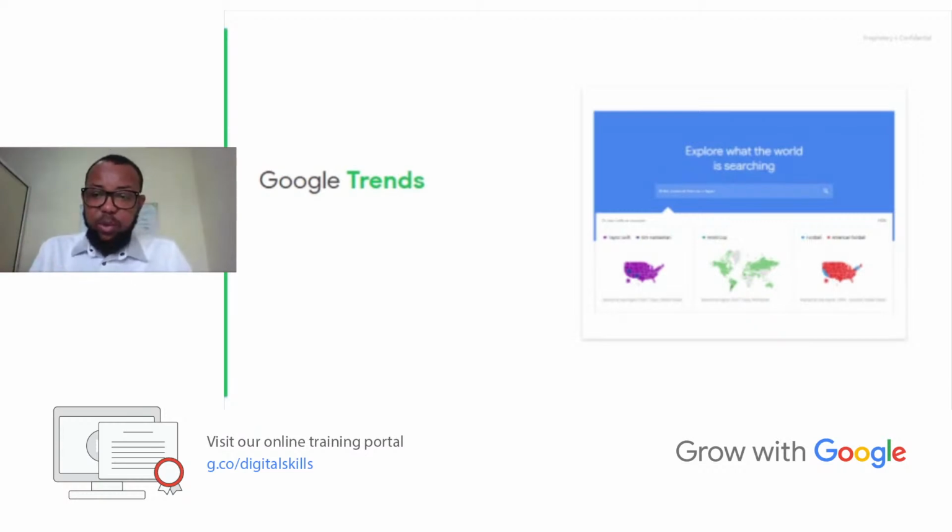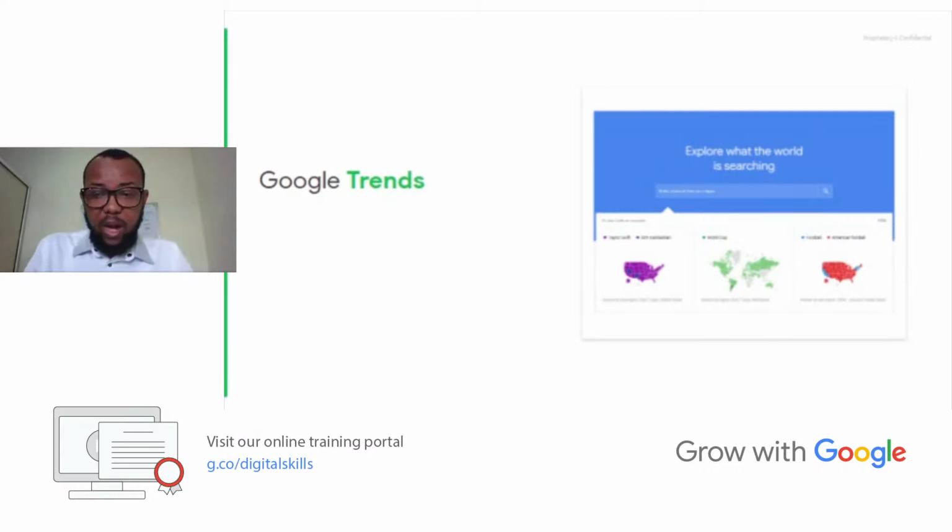The trending searches page shows trending searches around the world. You can click on a story to get more context, like the most relevant article or trending queries. These are the kinds of information you can get with Google Trends. With Google Trends, you can also compare this product and this product, this service and this service, this topic and this topic, and see which of the topics